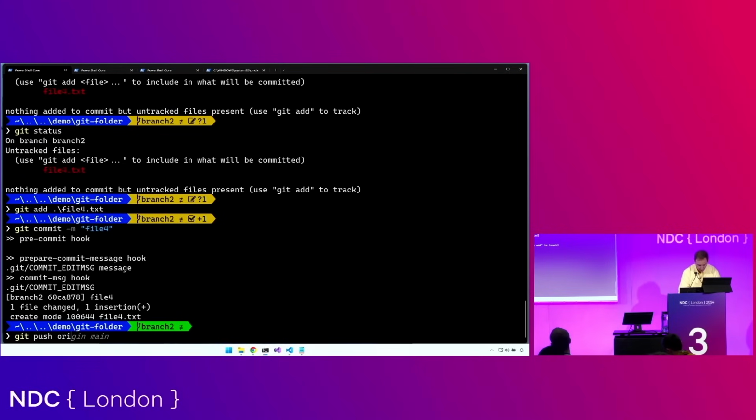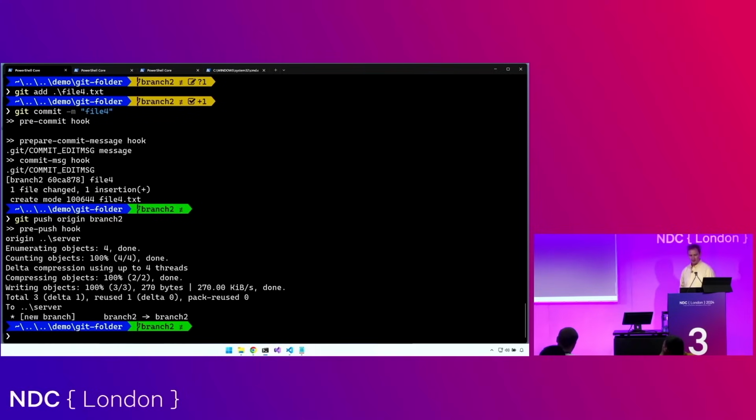Git push origin branch 2. And we can see that now we have some pre-commit hooks. We could run some post-commit hooks that might do some deployment to a particular server. And so that's really cool, where we can take a look at each of these pieces and do various automation